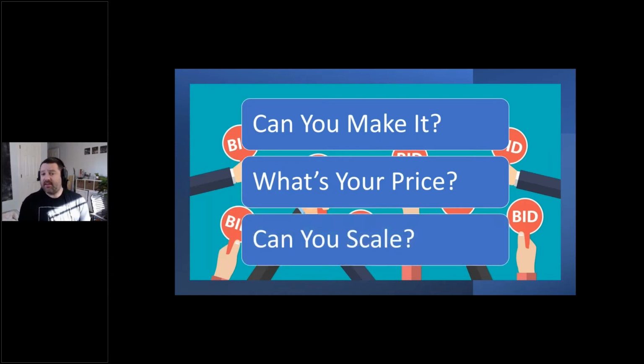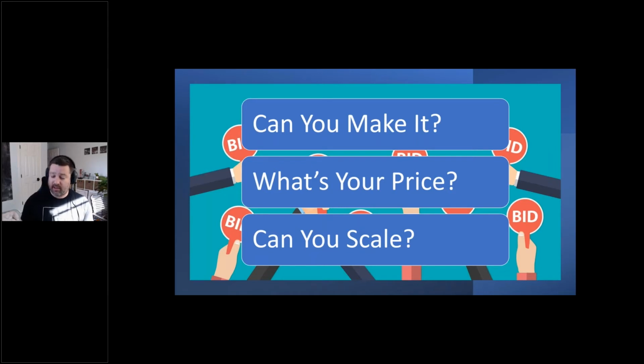Lastly, they ask, can you scale? So if we need 10 chairs, can you make 10 chairs? If we need 1 base gardening services done, can you do that? But if we need 1,000 chairs, 10,000 chairs, 1,000,000 chairs, can you do that? And if we need 7 bases mowed, can you do that? So those are the 3 questions that most organizations have typically had to answer when bidding on your average Department